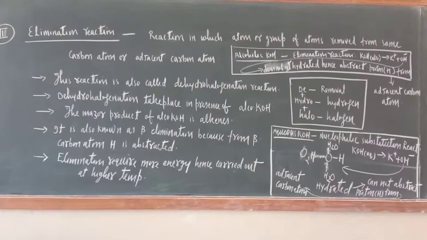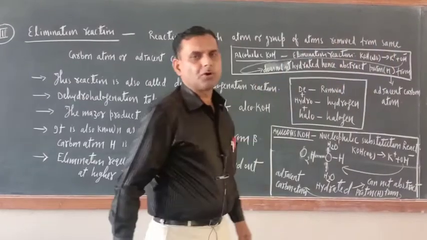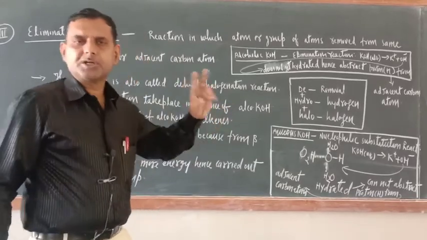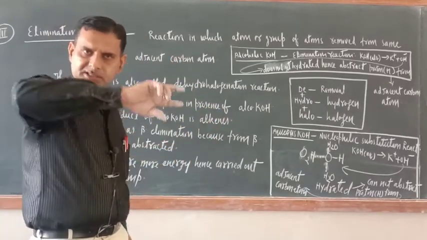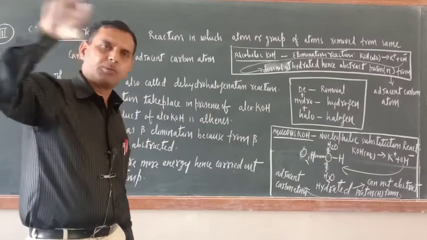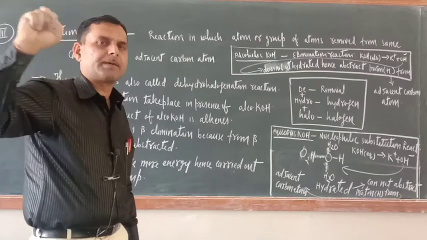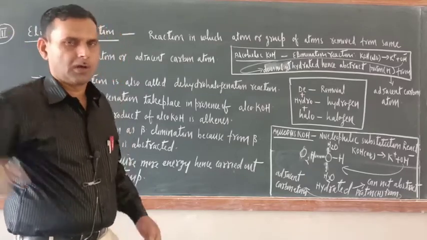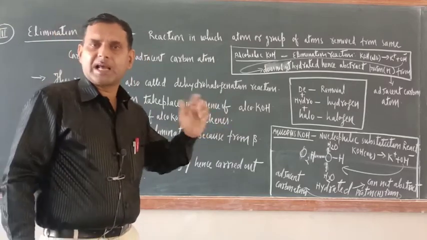Good morning, dear cadets. Yesterday I taught you the stereochemical aspects of nucleophilic substitution reaction, and I promised you I will teach you how we tell that this is dextrorotatory and this is levorotatory. There is one rule, the CIP rule, Cahn-Ingold-Prelog rule. That is also known as the EZ system and RS system.